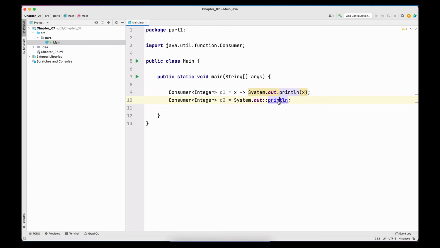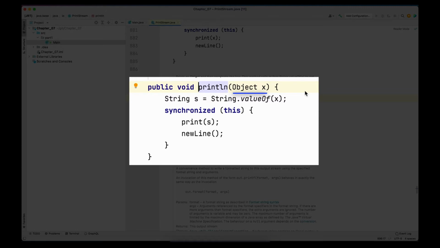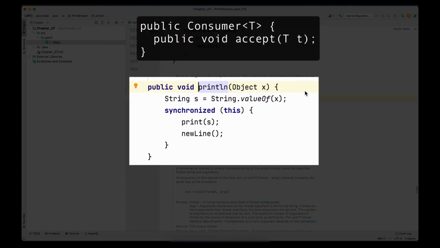Now let's have a look into the signature of the println in this case. So the println method is taking an object in, it's doing something with the object and it's not returning back. So the return is void. If you remember from our previous tutorials, signature of the println matches the signature of the accept method in the consumer. If you ignore the name of the method, the signature is exactly same. So the accept method takes an input, doesn't return anything. Println also takes an object, doesn't return anything. So that is why we are able to assign the reference of println into C2.